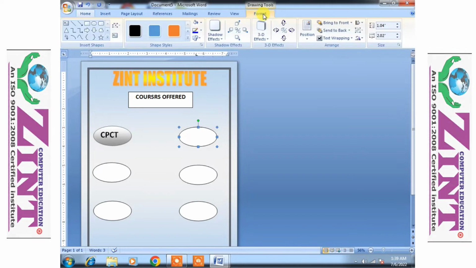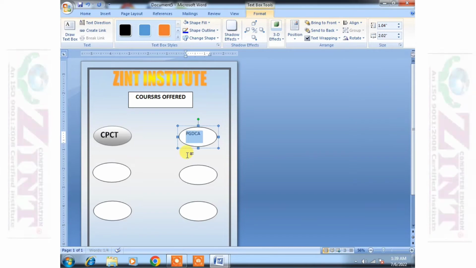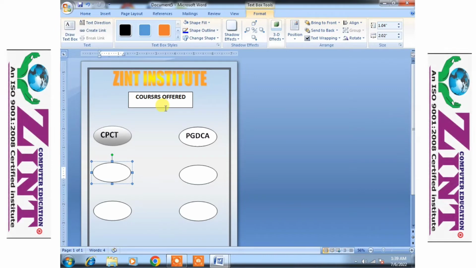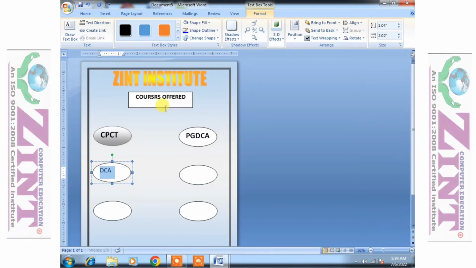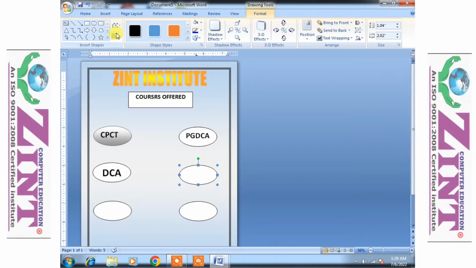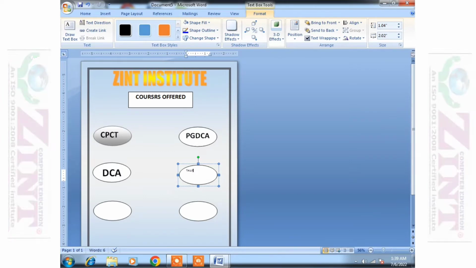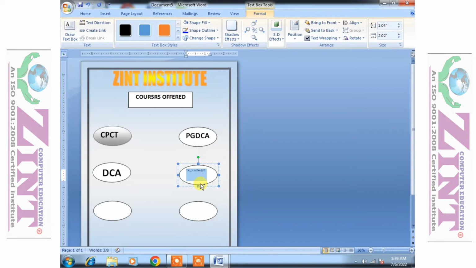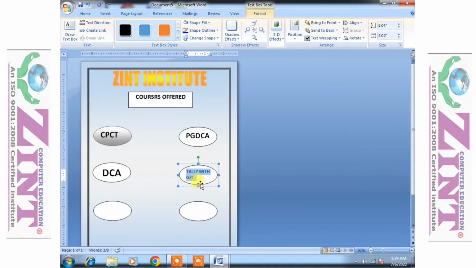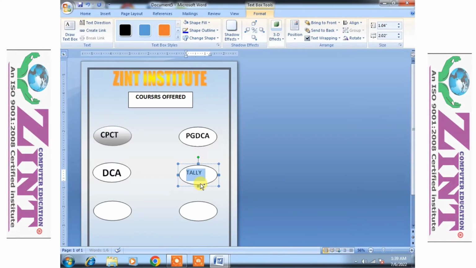Then same here, Format, edit text box, and the second course is PGDCA, Ctrl B bold. The third one is DCA, Diploma in Computer Application, then Tally for accounting with GST. The words are more in this text box, so I am just removing the extra.